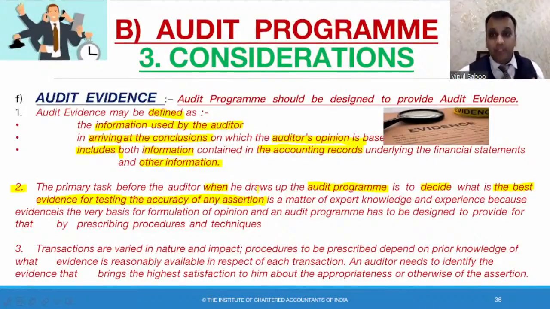So what is the evidence? To test the accuracy of any assertion, we check the invoices when we purchased those cars, and the transactions which we paid. Third is completeness. Yes, we checked 15 cars were received, 5 were still to be received in the next month. And valuation, yes, they have been valued: the purchase price plus all incidental expenses which were necessary to bring the cars into use by the hotel.